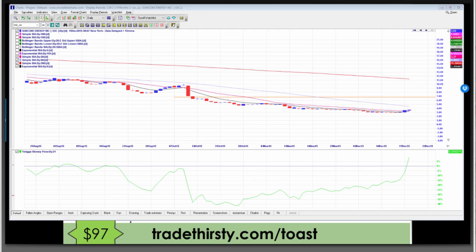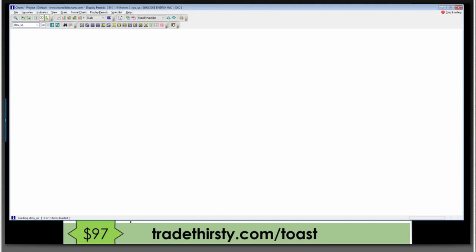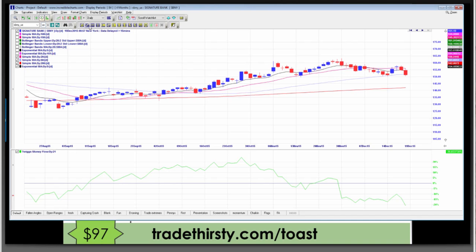Now, these are longs though. Let's have a look more back at the shorts. I mean, have a look at things like SBNY, Signature Bank. Again, head and shoulders pattern. Head and shoulders pattern, extremely divergent money flow, cheap options. Everything I'm telling you about at the moment has the potential to make 500 to 1,000%. Now, I hate talking about numbers like that because they sound, you know, airy-fairy, but